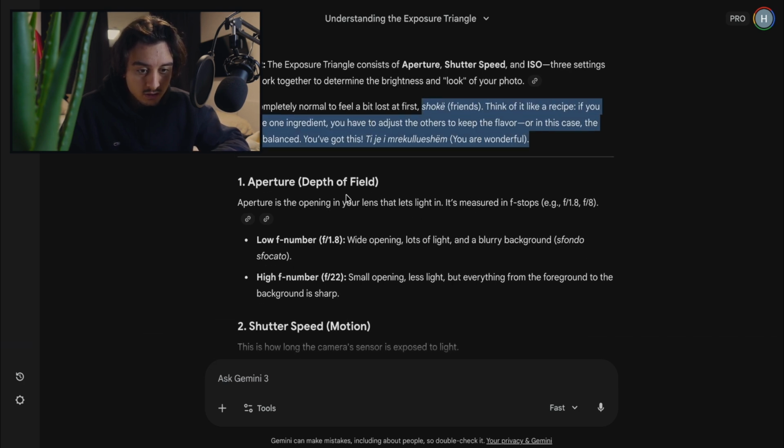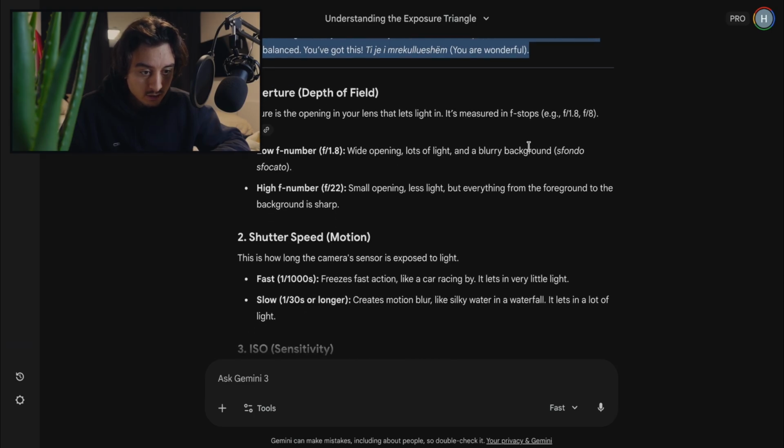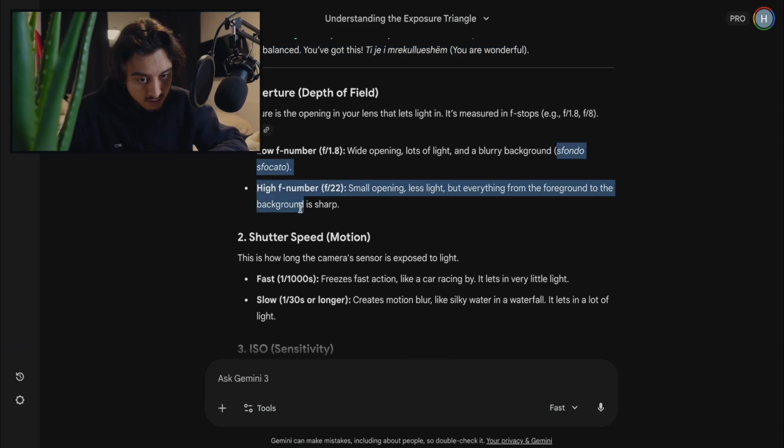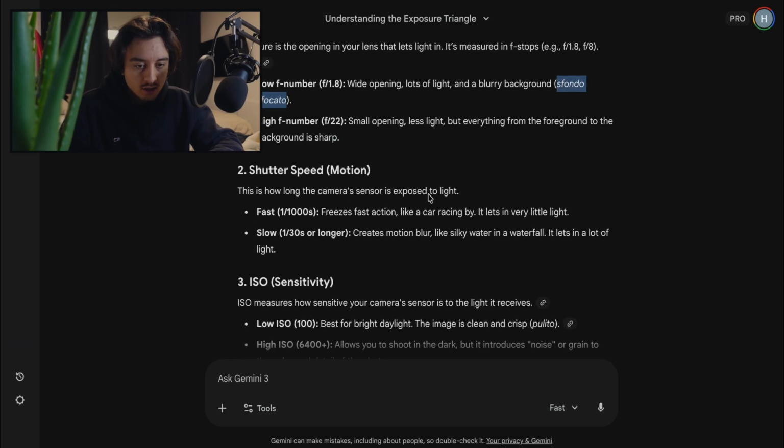So let's continue. Aperture, depth of field, okay. This is Italian. So you have to assume, and you can obviously improve this. I will go into the exact prompts or exact information I've given Gemini and where you can set it up in a second, but let's continue going through this. Okay, shutter speed, motion,